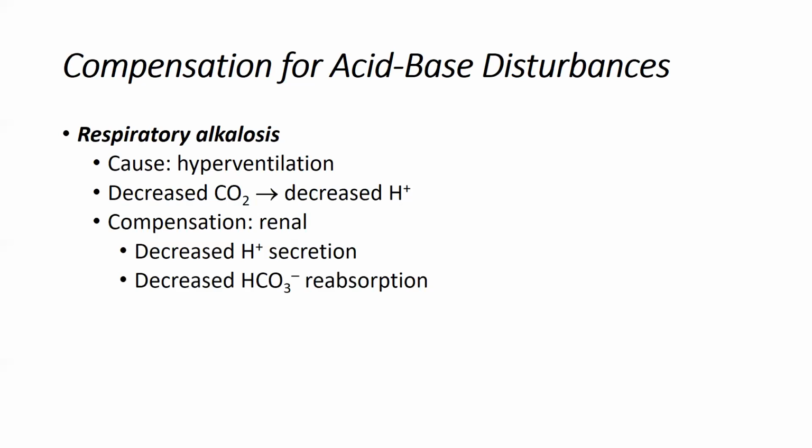We have an acid-base disturbance that's starting in the lungs. Where are we going to see that compensation? In the kidneys. What are the kidneys going to try to do to fix this? Decrease the hydrogen ion secretion. Right? We don't want to lose acid. If you're in alkalosis, we do not want to lose